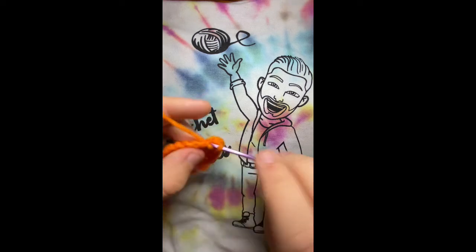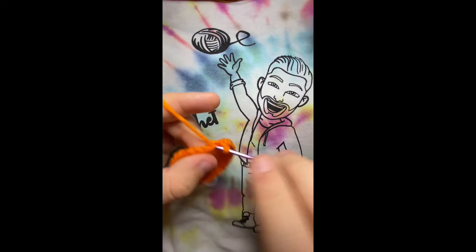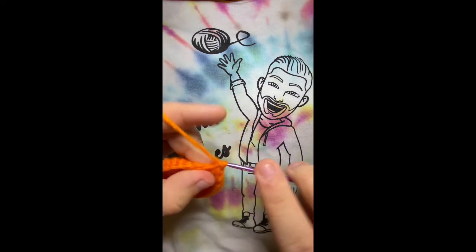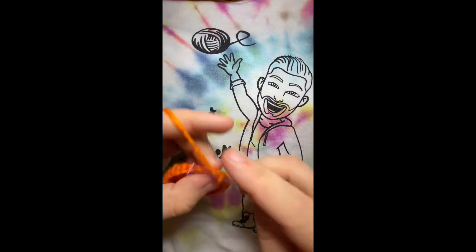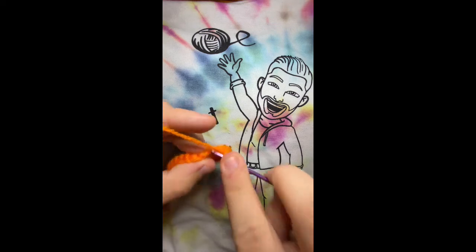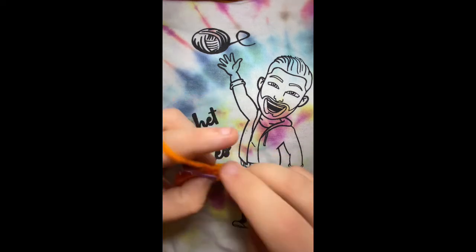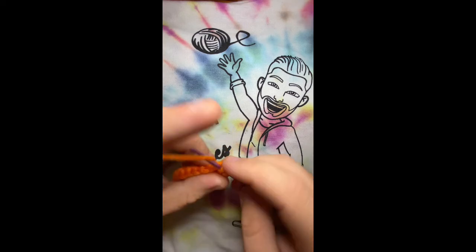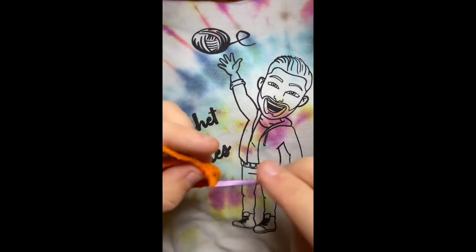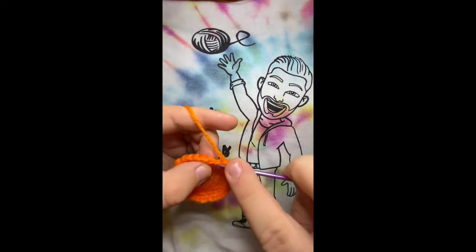1, 2, 3, 4, increase for 2, 1, 2, 3, 4, increase for 3, 1, 2, 3, 4, increase for 4,